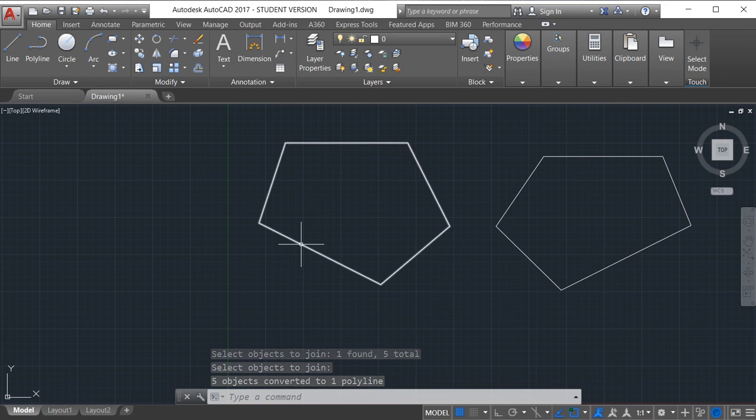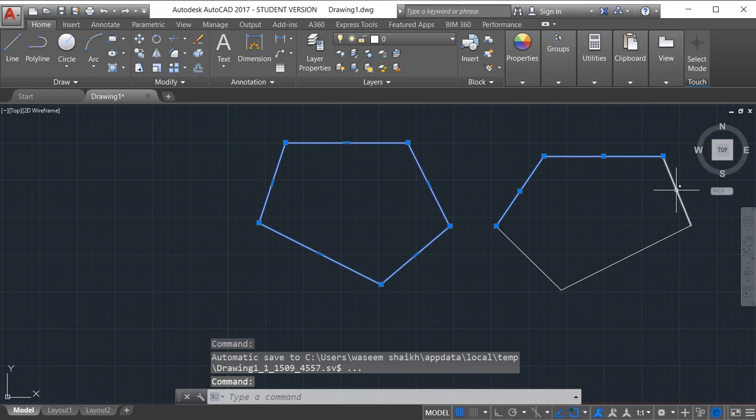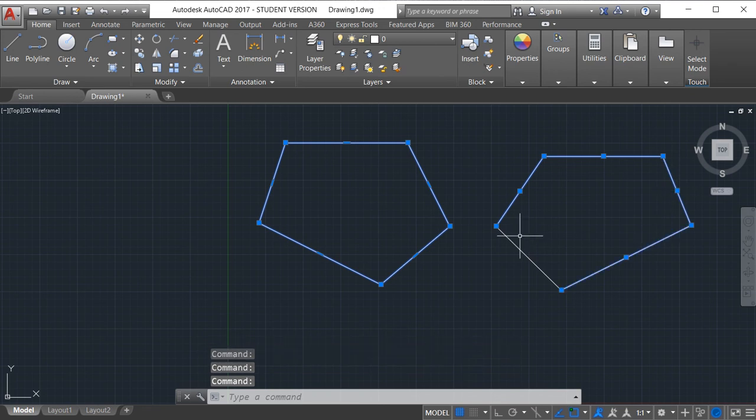This is a single object, and this one drawn by line command, we can select all the lines separately. So from explode command we can convert polyline object into single line objects, and by using join command we can convert line objects into polyline object.